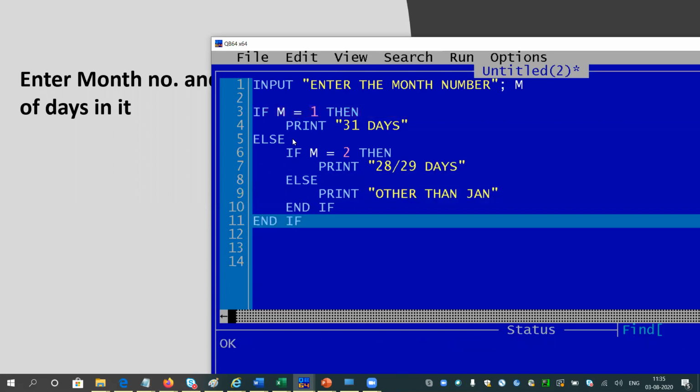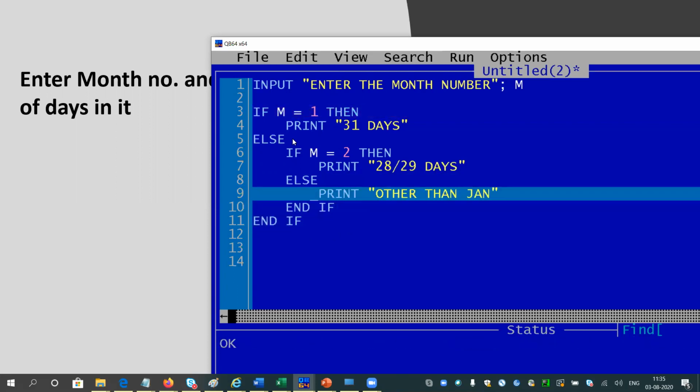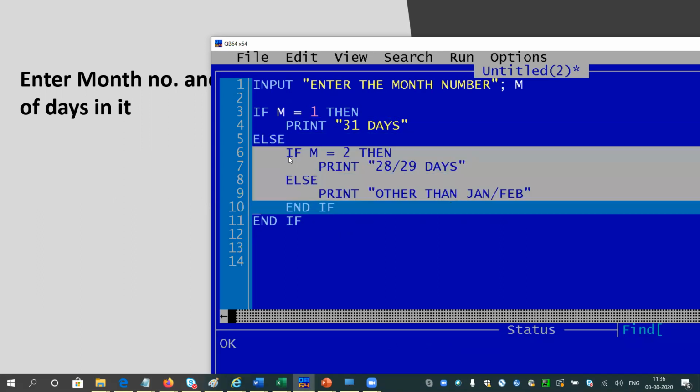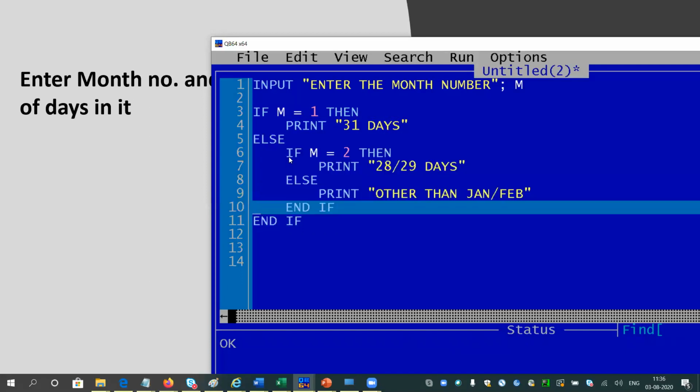Are you able to get this idea? Let me write it first. Jan and Feb. It is very important to give this space. You can see I am writing in a good manner. So you can easily visualize this if else part is inside else, right? So if m equals 1, then 31 days.